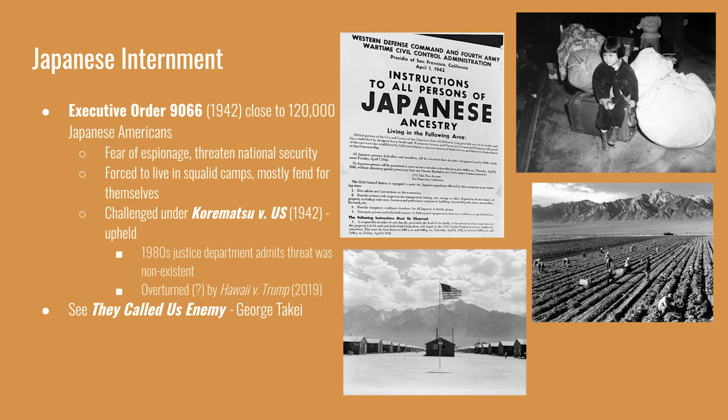The Korematsu decision was legal precedent for the rest of the 20th century, and it's not until 2019 that it's supposedly overturned. The 2019 Supreme Court case, Hawaii versus Trump, concerned the legality of a travel ban that kept people from certain countries, most of which had Muslim majorities, from even visiting the United States. I say supposedly because the court in 2019 upheld the actions of the Trump administration, even if it was directly targeting people by nationality on whether or not they could come to the US.